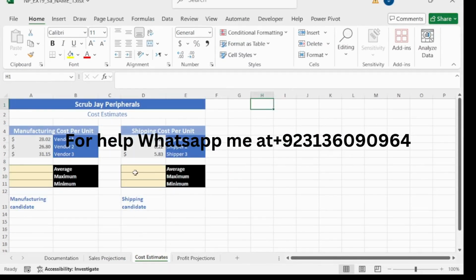This is cost estimate worksheet and in cell A9. So this is cell A9. In cell A9 create a average formula.